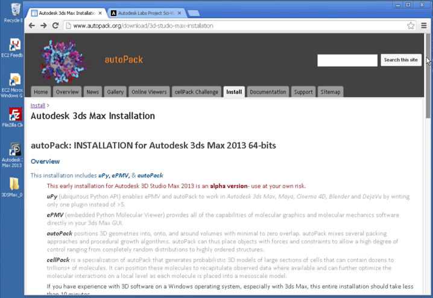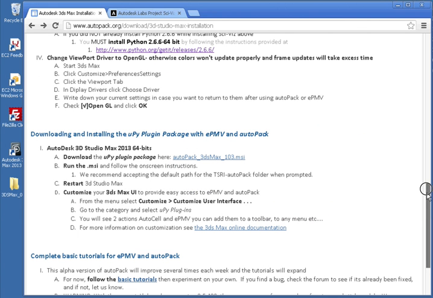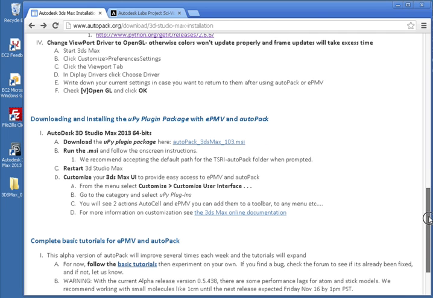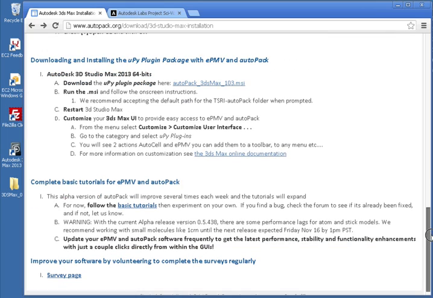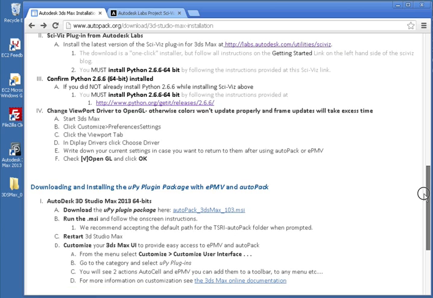This is the third of 3 installation videos to help you get up and running with AutoPack and ePMV inside of 3D Studio Max 2013 64-bit specifically. So you've already visited autopack.org, you're excited, you want to get up and running, you've already fulfilled the prerequisites by following the first 2 videos, and you've already installed the autoPack plugin itself. And all we need to do now, we're on the installation page, is to take care of this